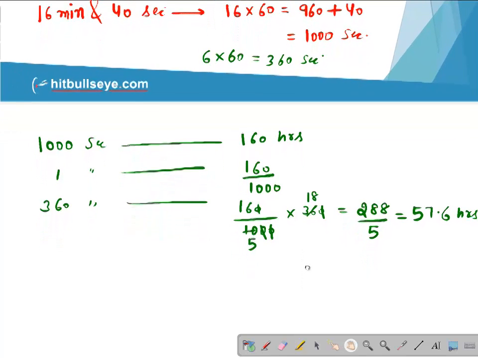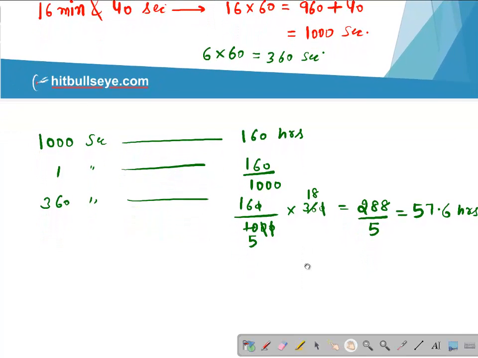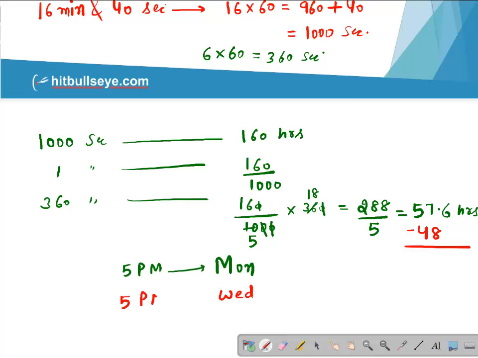You are talking the same on 5 p.m. on Monday. Now 5 p.m. on Monday, so first of all you add 24 hours in this, and we can add 24 2 times, you can see here, as the number is greater than 48. So that means you reach on Wednesday 5 p.m. Adding 48 hours changes the day by 2. Now there are 9 hours and 0.6 hours, students.